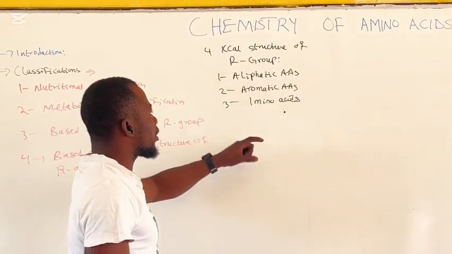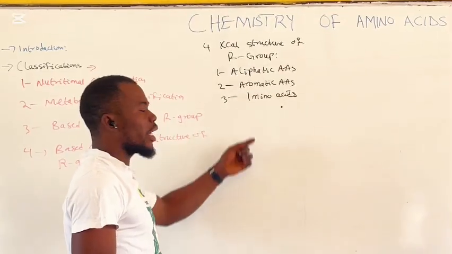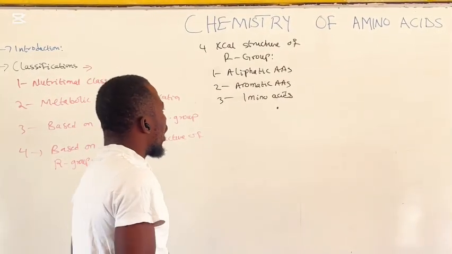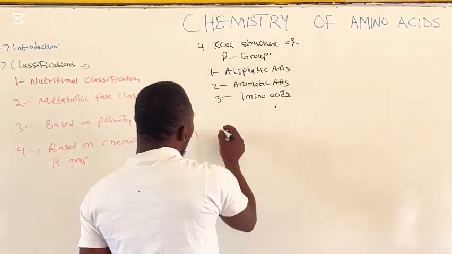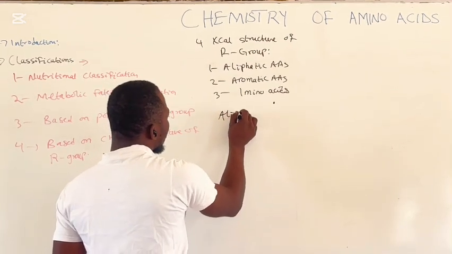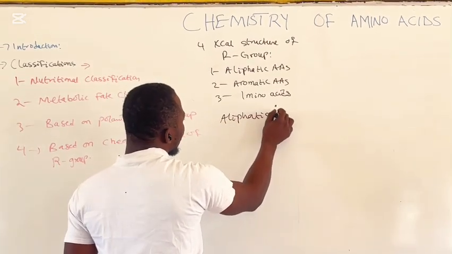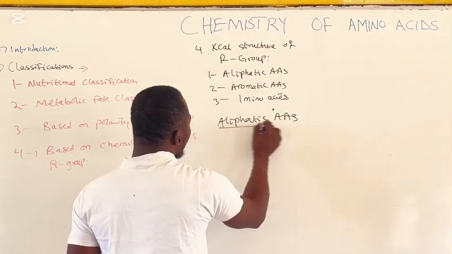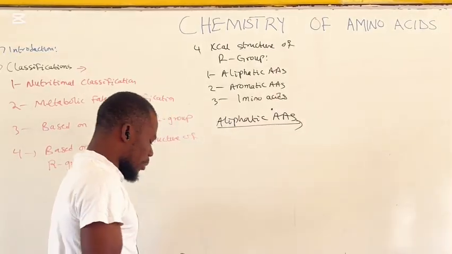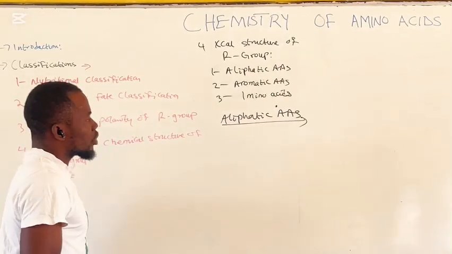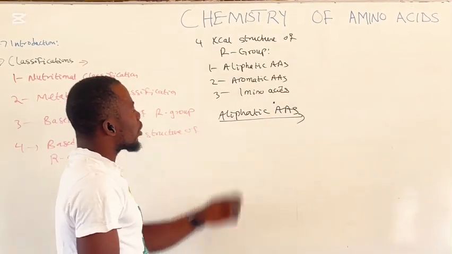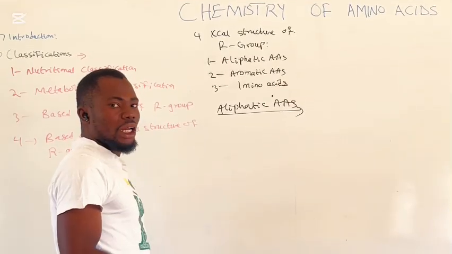Aliphatic amino acids, 2. Aromatic amino acids, and 3. Imino acids. Now, aliphatic amino acids are the amino acids that contain a straight chain R group, and they are further classified into